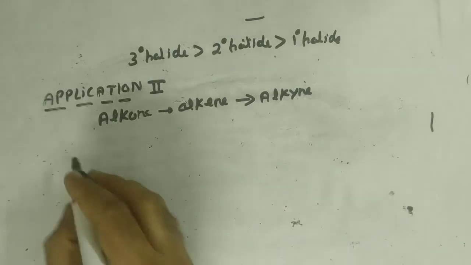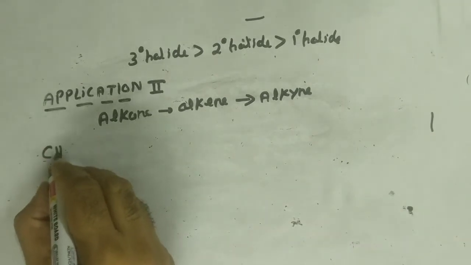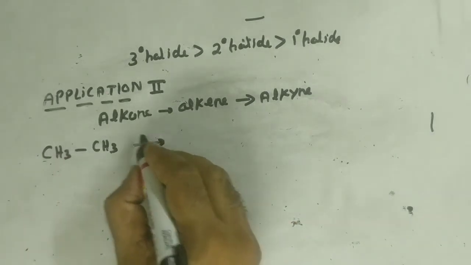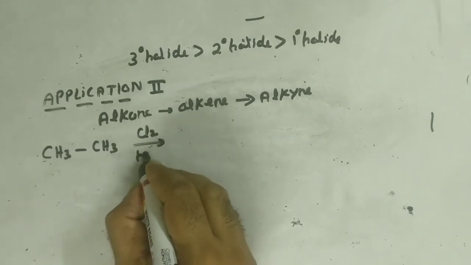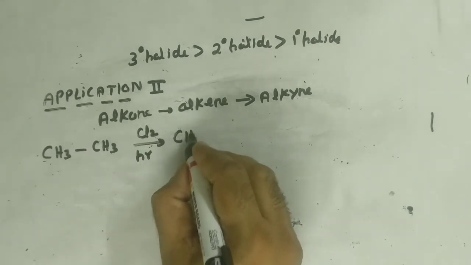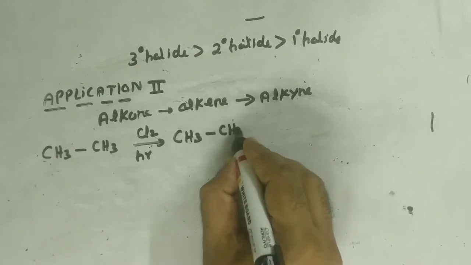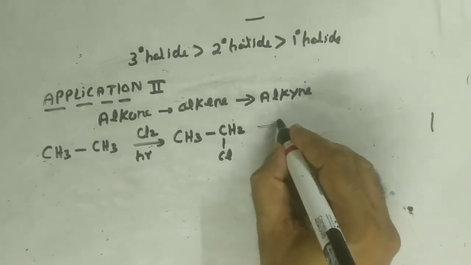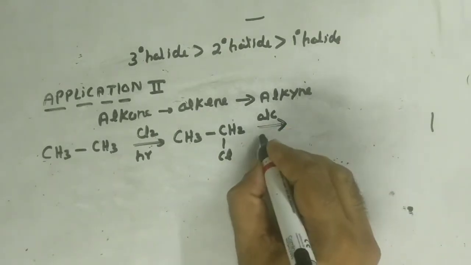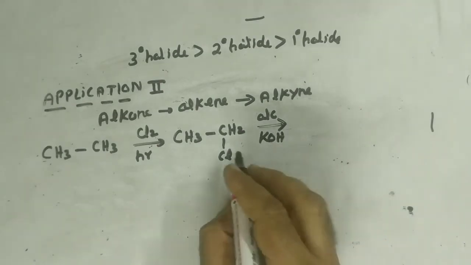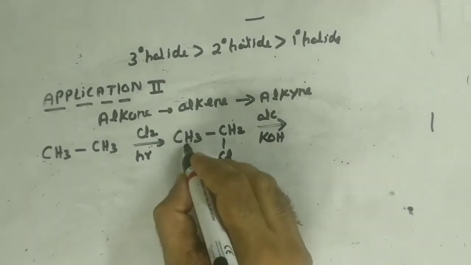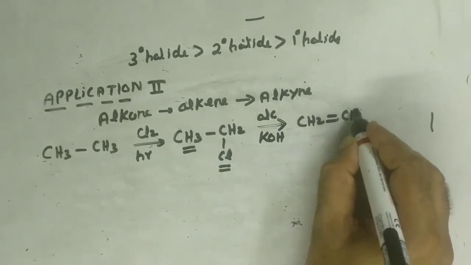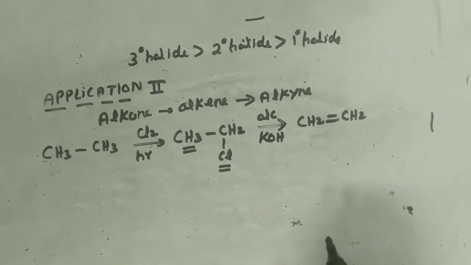Let's look at it with an example. Suppose I have ethane. I want to make it ethene. No problem. Do its chlorination. Substitution, so sunlight is needed. One of the hydrogens will be replaced by a halogen. Both of them are equal, primary carbon. Now you put in alcoholic KOH. You know what is going to happen? From one carbon, halogen will go. From the adjoining carbon, hydrogen will go. And you will get a double bond. You will get the formation of ethene. So we have converted an alkane into alkene.